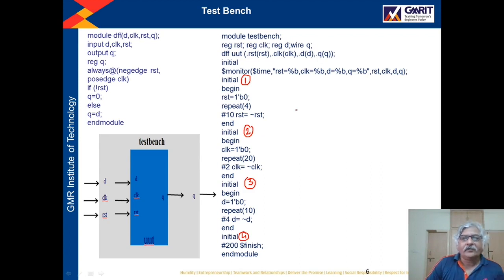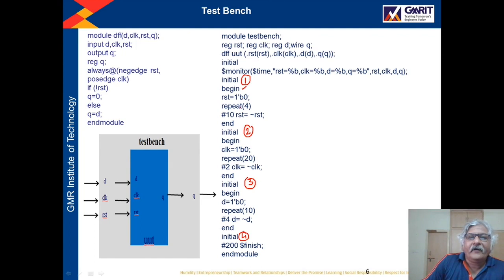So initial blocks, they execute parallelly. So here there are 4 blocks. So at the time of simulation, when the simulation will start, all the 4 blocks will execute simultaneously. Parallelly they will execute. So now you see initial block number 1, what I have written,